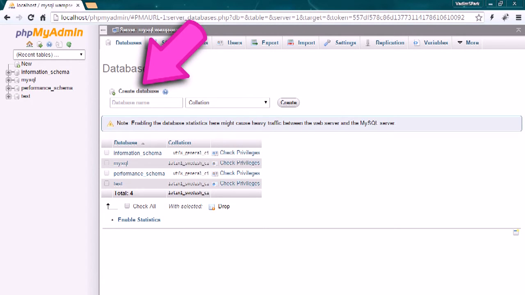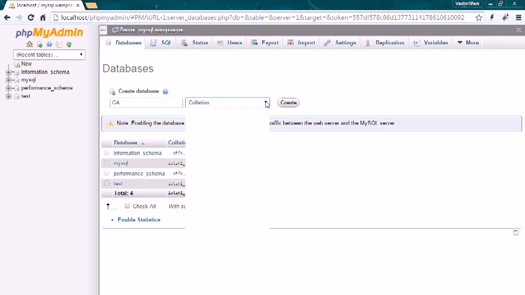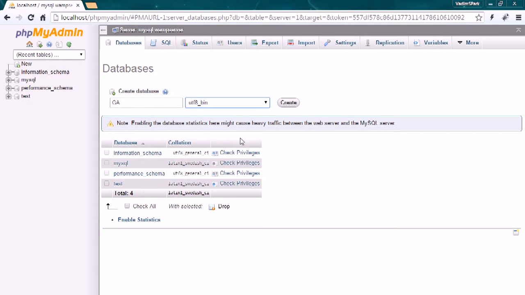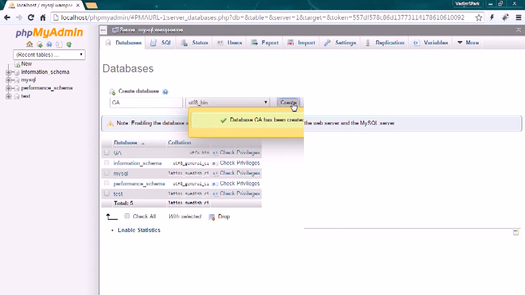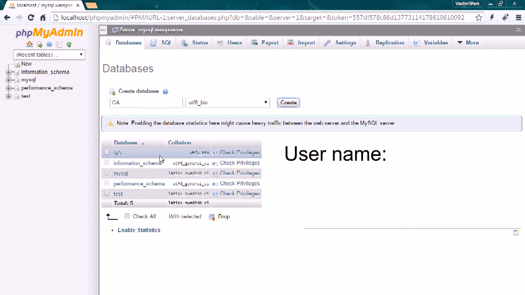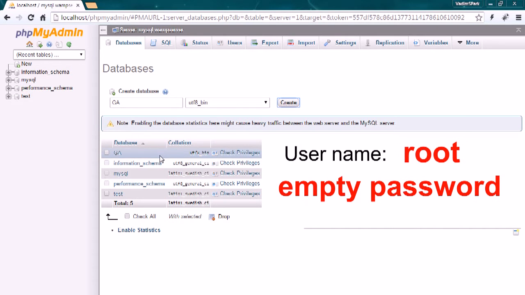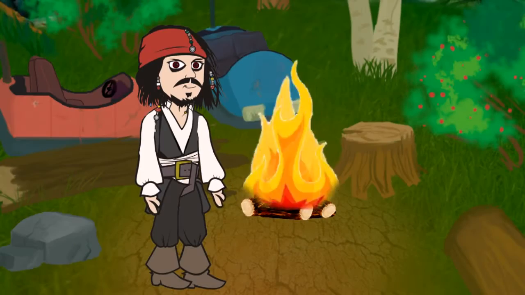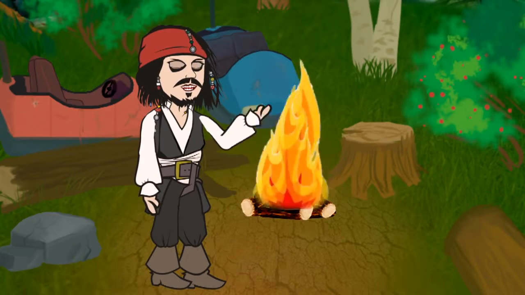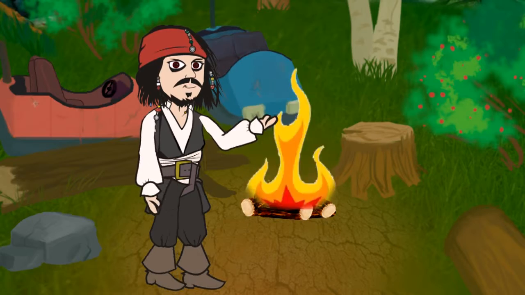We'll need it to install Joomla. Enter a name for the new database. I call it simply GA, as I am General Animation. Choose collation UTF-8 bin. Create. Here you are, our new database. We did not change default settings, so the username for this database is root, and it has no password. Well, we have installed WAMP server and now are ready to create our own websites and fight for the